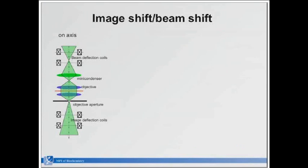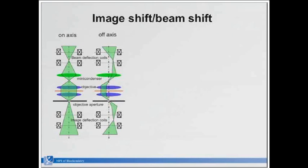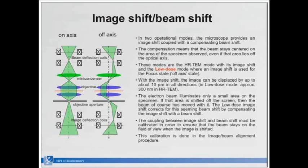Talking about low dose, you need schemes to operate a microscope so that every tuning, focusing step, and alignment step is done in an automated way, and that's done with the image beam shift system. I guess also Hans will elaborate a little bit on the image beam shift system. So what you do is you would like to shift your sample away from the beam, or the beam away from the sample, but you would like to keep the beam always in the optical axis. And so that's done with the two,